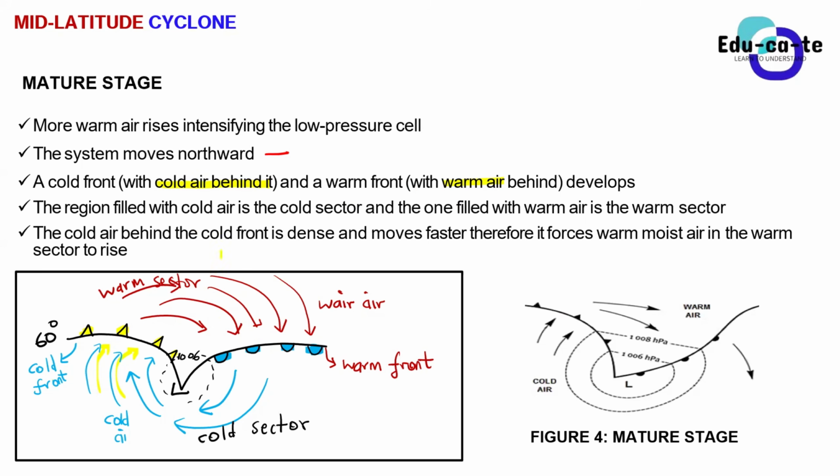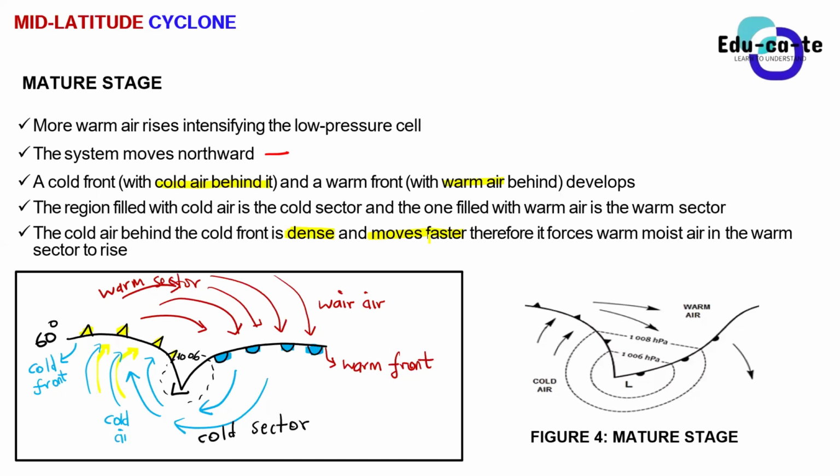Cool. Now, I repeat this and I say that the cold air that is found behind the cold front is dense. Cold air is always dense, or heavy. It is of heavy weight. It has got a bigger density. So the cold air is dense. Therefore, the cold air moves faster. You should know that the cold air is dense, it is heavy, but it also moves faster than the warm air. Are we getting that?